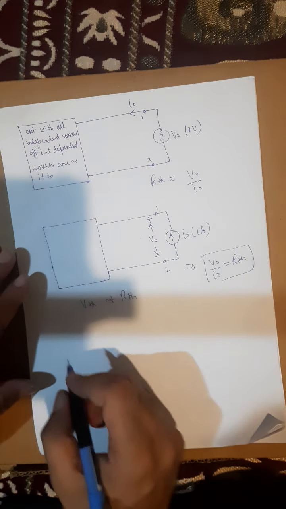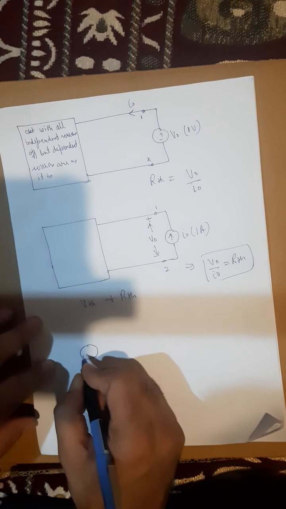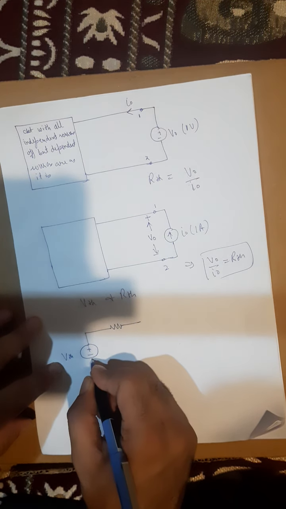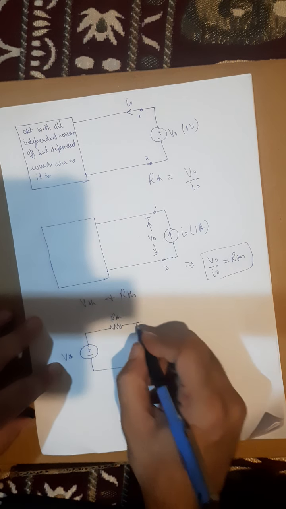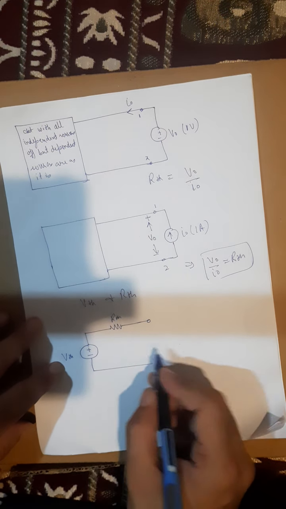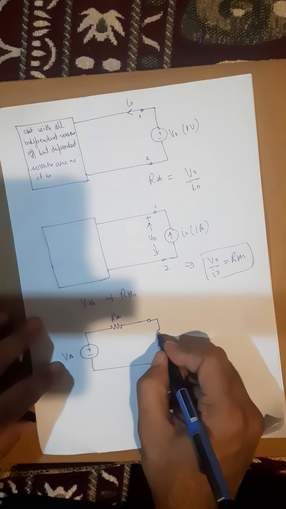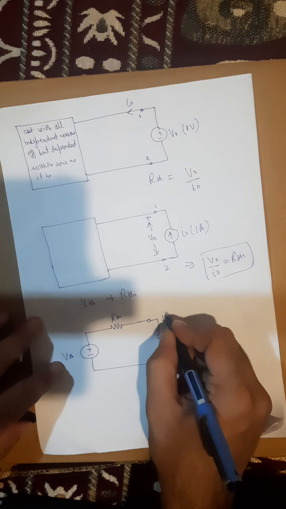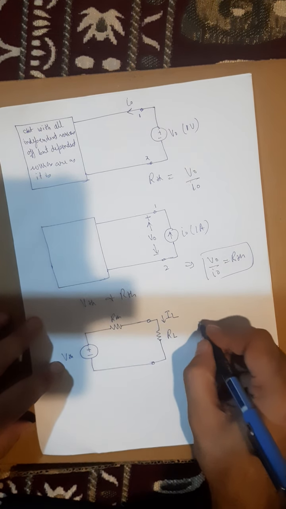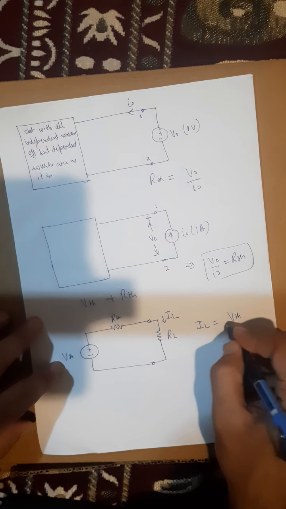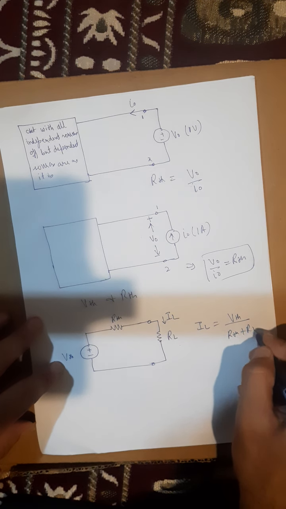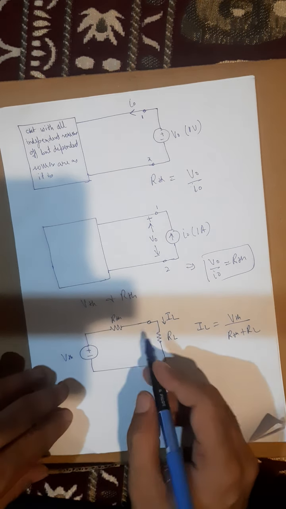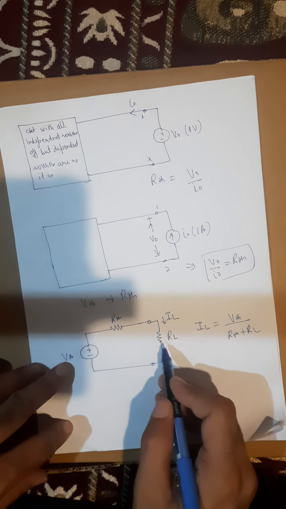So how will this Thevenin equivalent circuit look? It will look like you have a voltage source VTH in series with a resistor RTH, and then once you have drawn this Thevenin equivalent circuit, you will connect the load here. Suppose I am saying this load is RL, the current flowing here is IL, this is RTH, VTH. So IL will be equal to VTH divided by RTH plus RL.